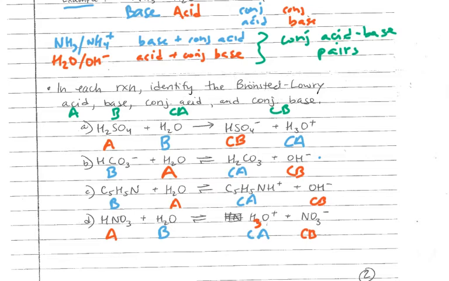But some other things here. What is tricky about all these, sometimes you can eyeball. For one thing, all acids have to have a hydrogen. Bronsted-Lowry acids have to have a hydrogen because by definition they donate a hydrogen. And so if you have a substance that doesn't have any hydrogens, then you know they can't possibly act as an acid. But in all of these problems, both of the molecules had a hydrogen, so you couldn't just pick it based on that. You had to look at the reaction. H2SO4 becomes